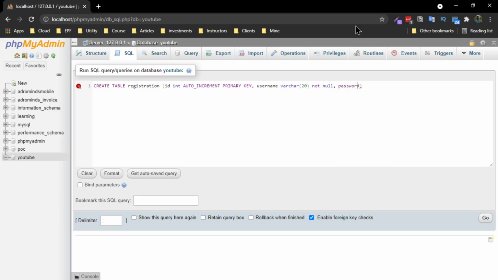I'm just saving the password here. I'm going to keep this one as 100, because we are going to encrypt the password using a hashing algorithm and then store it here. For the sake of safeness, I'm keeping it at 100 size.